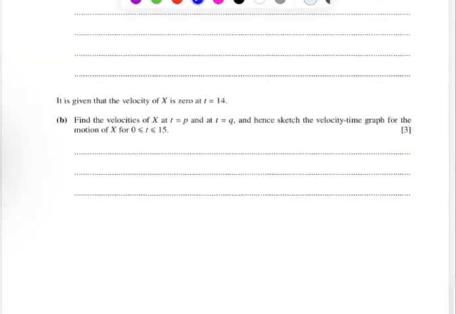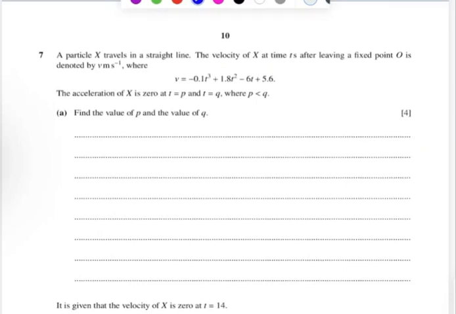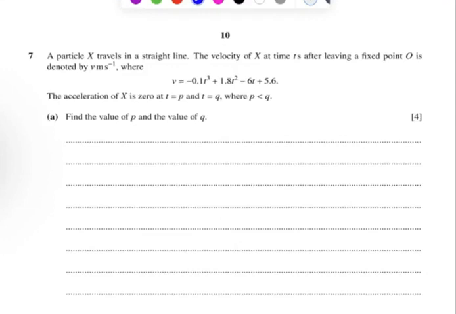I'm going to try and go as fast as possible with the last question. A particle x travels in a straight line. The velocity of x at time t of traveling is given by that. So they've given us a velocity formula and it's curvy. Okay, so we're working with kinematics, but we're going to have to integrate and differentiate. The acceleration of x is 0 at t equal to p and t equal to q. P is less than q. All right, so what they're trying to say,